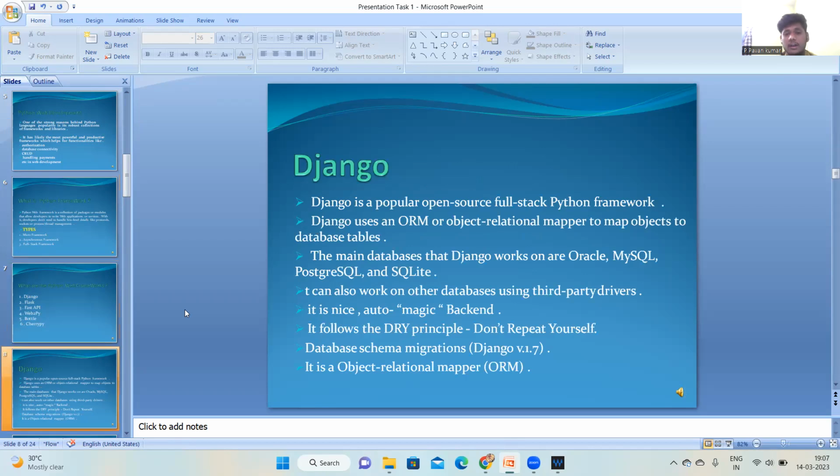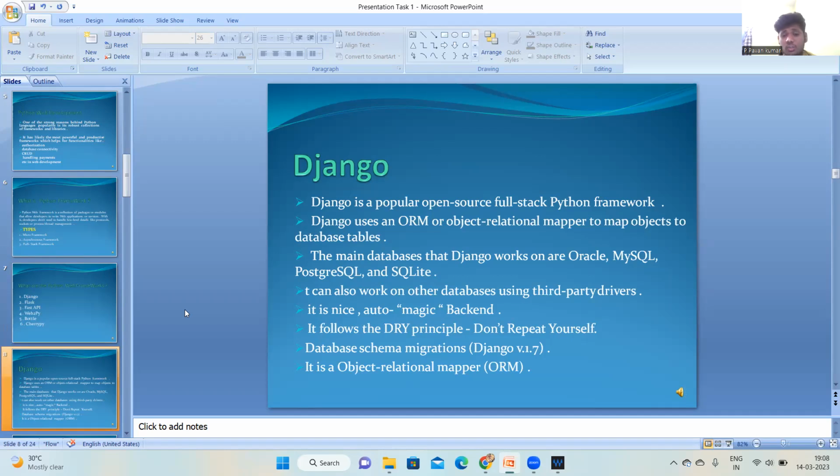Coming to Django. Django is a popular open source full-stack Python framework. Django uses an ORM, an object relational mapper, to map the project to the database. The main databases it works with are Oracle, MySQL, and SQLite.